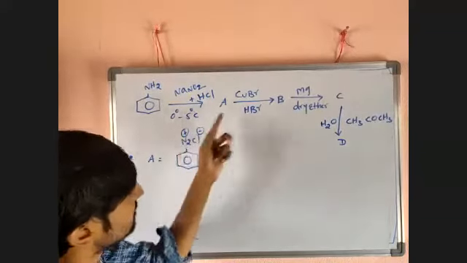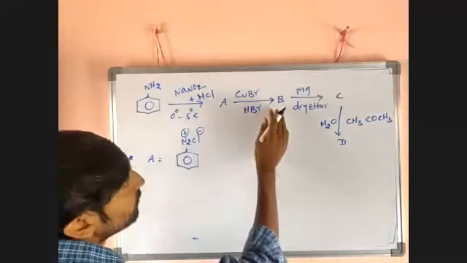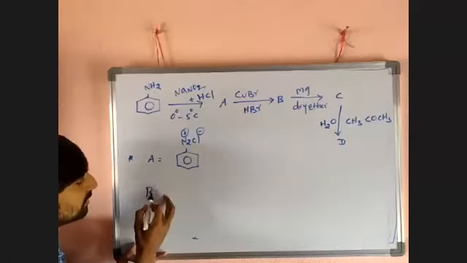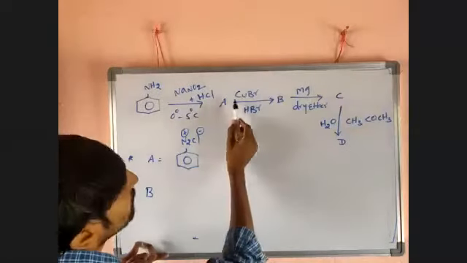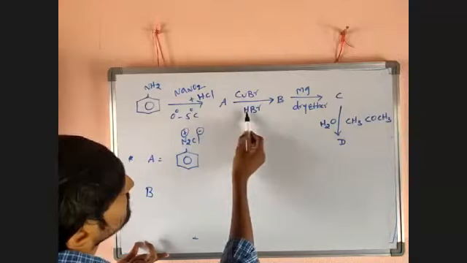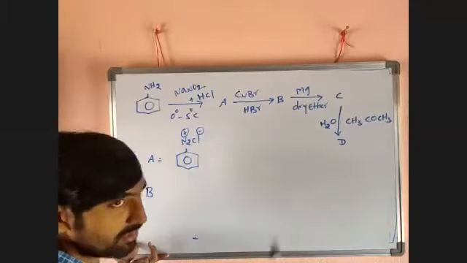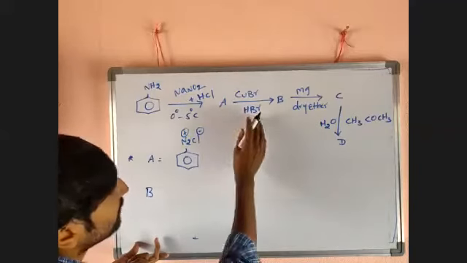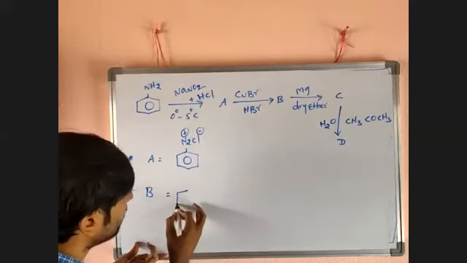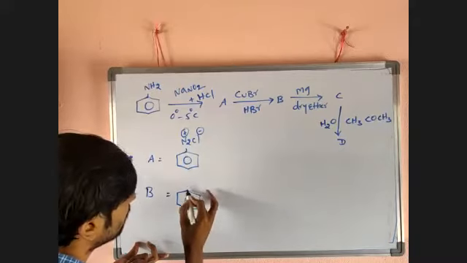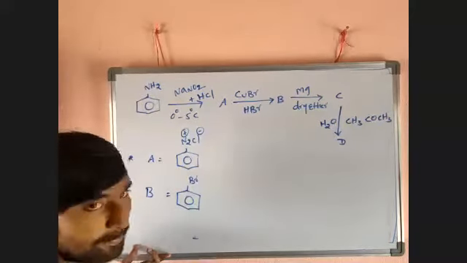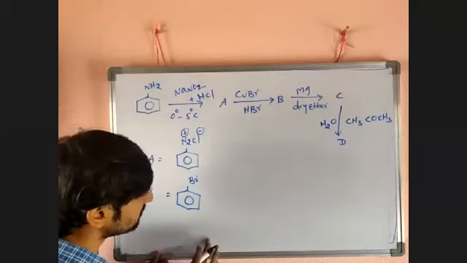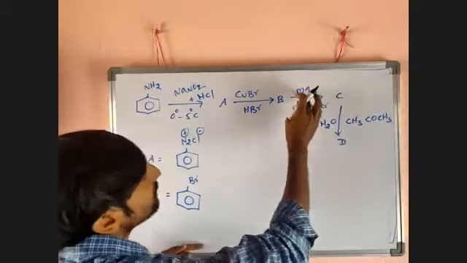This reaction is diazotization. From A to B, it is Sandmeyer reaction. I told you, from A to B, Sandmeyer reaction. Look here, what's happened. So there is CuBr and HBr. Just H will get that Cl eliminated in the form of HCl, and N2 eliminated as N2, and the remaining Br gets attached there. What you will get? Bromobenzene.